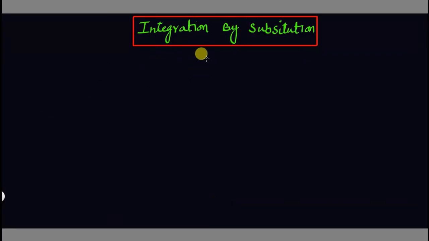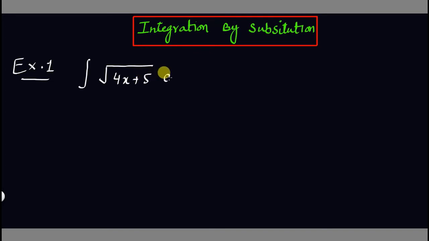Now there is a new method. The name of the method is integration by substitution. In this method, for example, we have an example like this. If you have a function, integral of square root of 4x plus 5 dx,